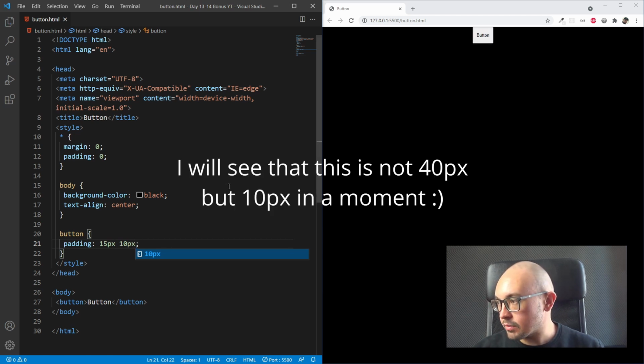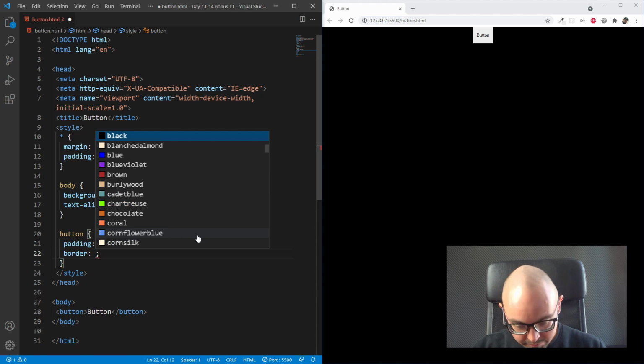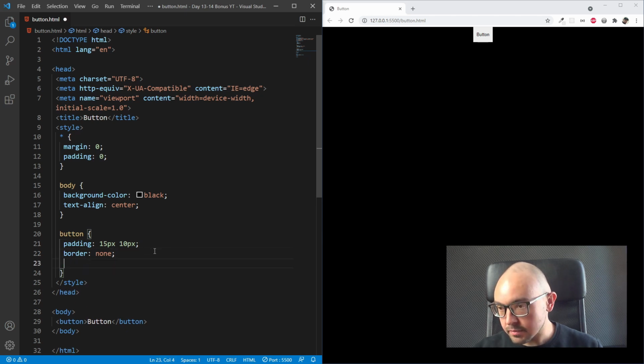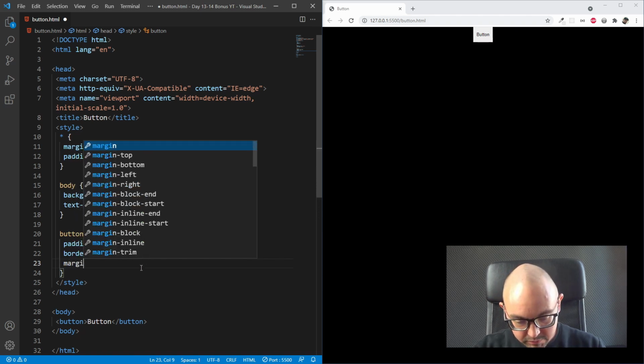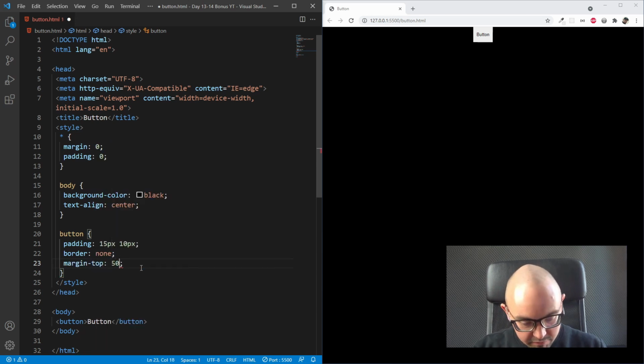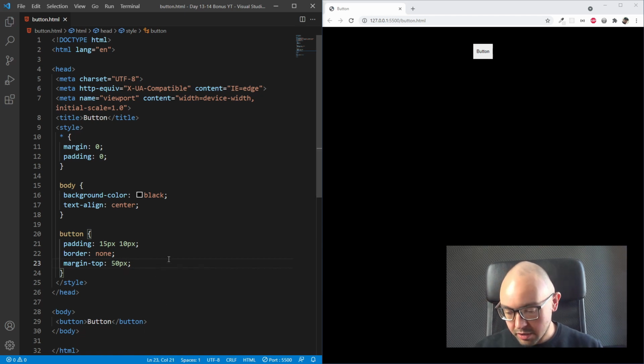We can see the effect already. Let's get rid of the border, which is set by default. We want it to have a border none. We can see it as well. Let's separate it from the top edge of the browser window with a margin. Let it be 50 pixels. That's all right. Let's change its background color